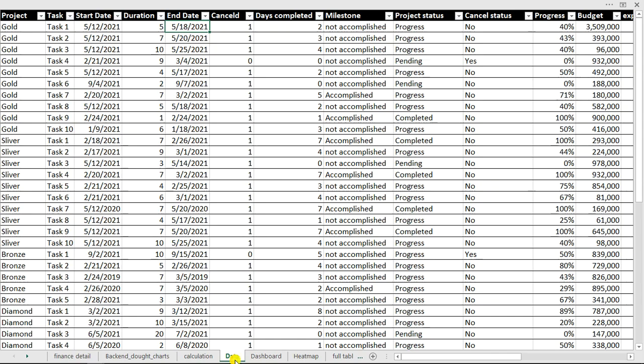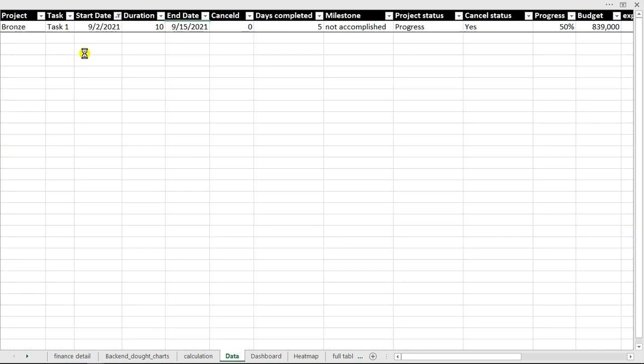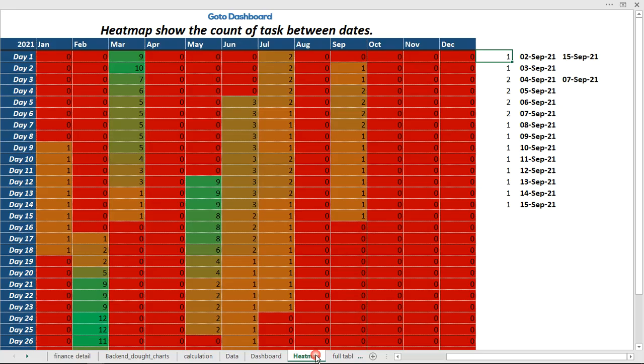So going back to the data set, I'm going to click on this and go for September, and I'm going to go for 2nd September. If I hit OK, what I'm going to have is this. I have this 2nd of September and the project ended on 15th of September, which means the same project is here. Now we have another project that started on 4th of September, and it's going to be ending on 7th